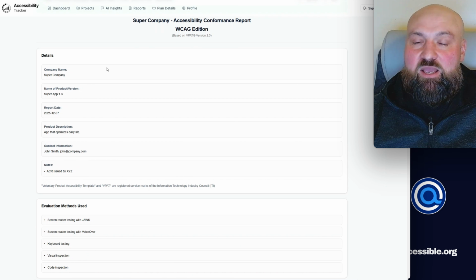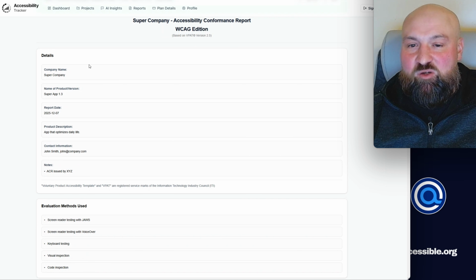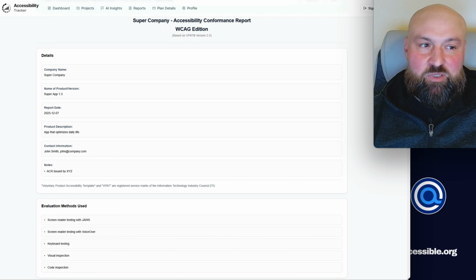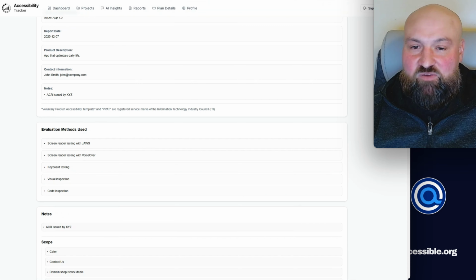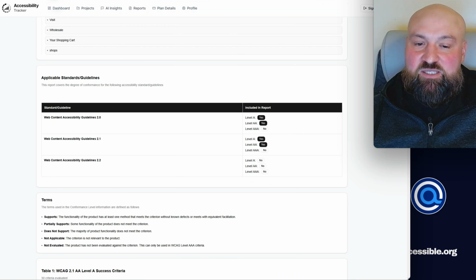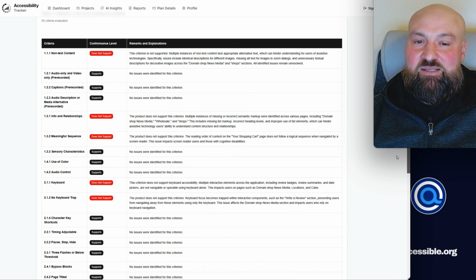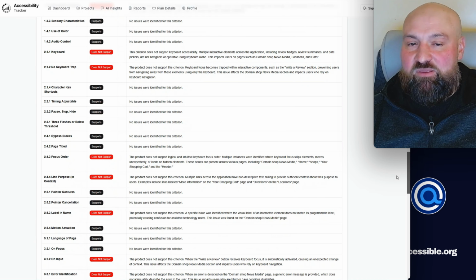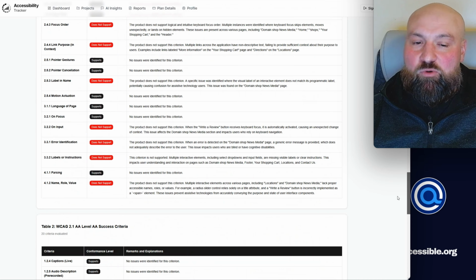So when you go to first generate the VPAT, what will happen is you'll be prompted for these different details. These are all details that are a part of the template. And then you fill those in. You also fill in the evaluation methods used. And we just continue on down. I'm not going to go over everything, but what you see here, very importantly, is this accessibility table entirely filled out for you. Again, this is AI filling out the table for you,